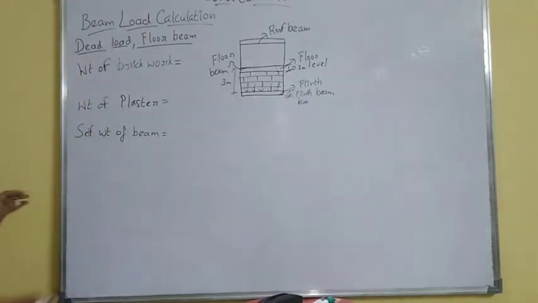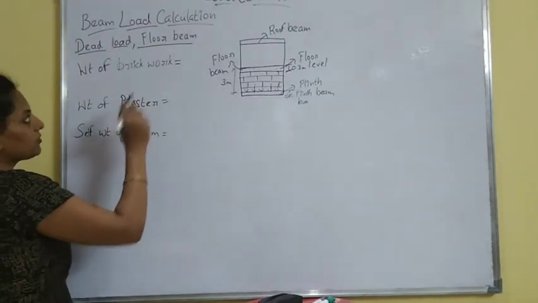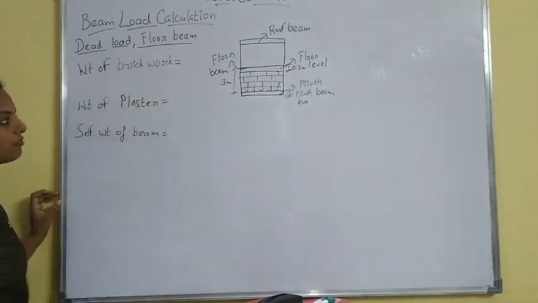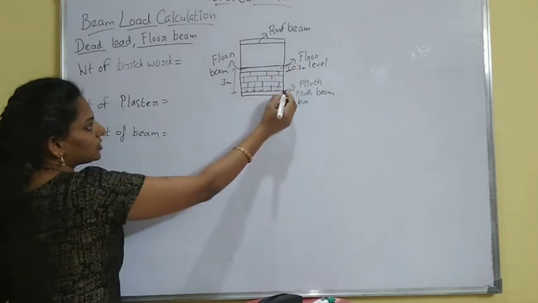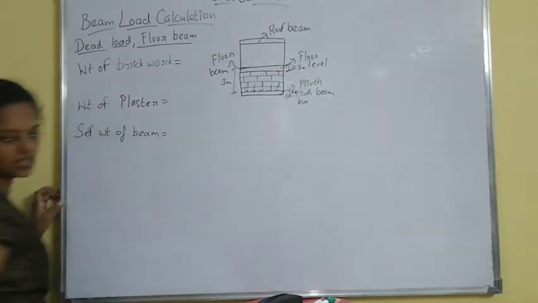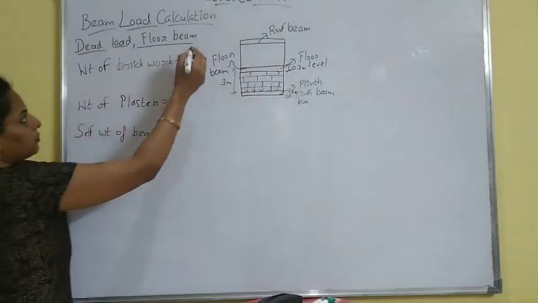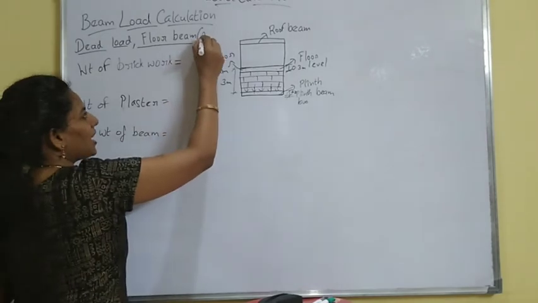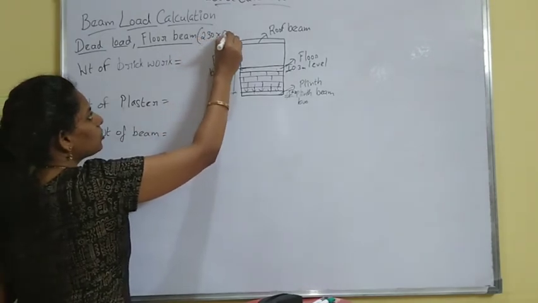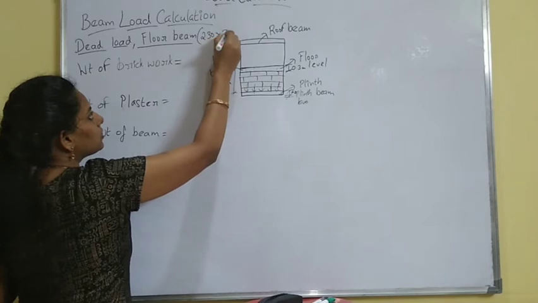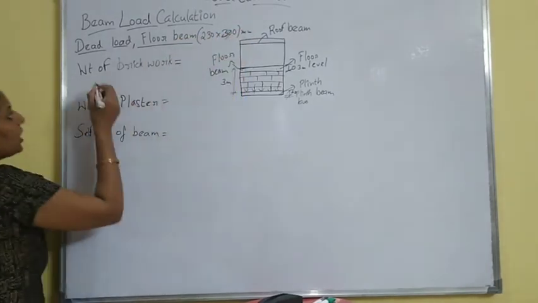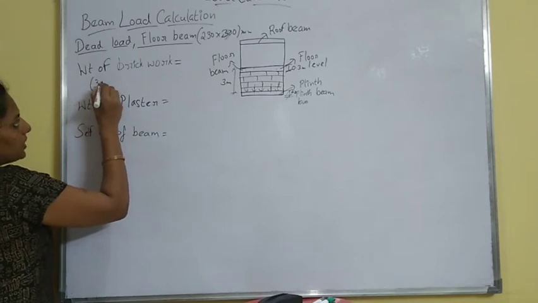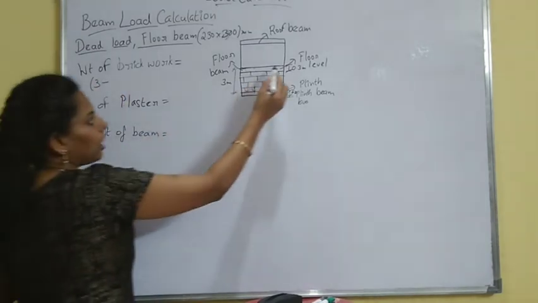First dead load, suppose it's a plinth, then the weight of brickwork. Suppose your beam depth is 0.3 meter, that is, beam dimension assumed as 230 into 300 mm. The total height of the story is 3 meter, and you have to deduct the beam depth,